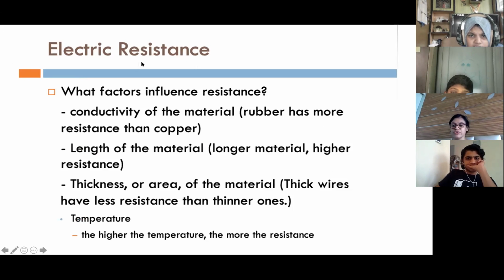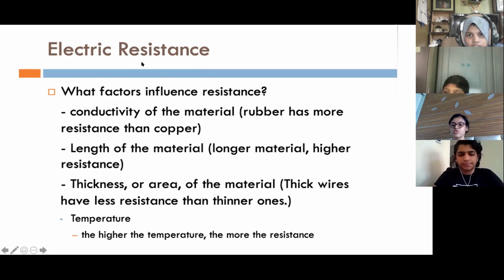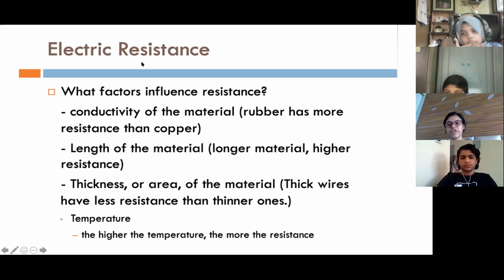Okay, electrical resistance. Now, as I told you in the beginning of the class, what is resistance? It is because of the collision between the electrons and the immobile ions. So because of that, what happens? The speed of electrons slows down, and because of which it offers opposition to the flow of current. Why? Because flow of current is basically flow of electrons only.